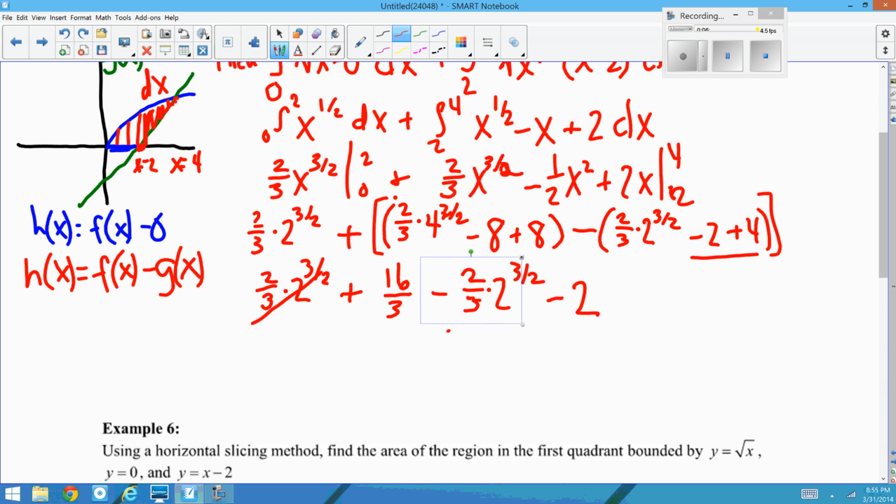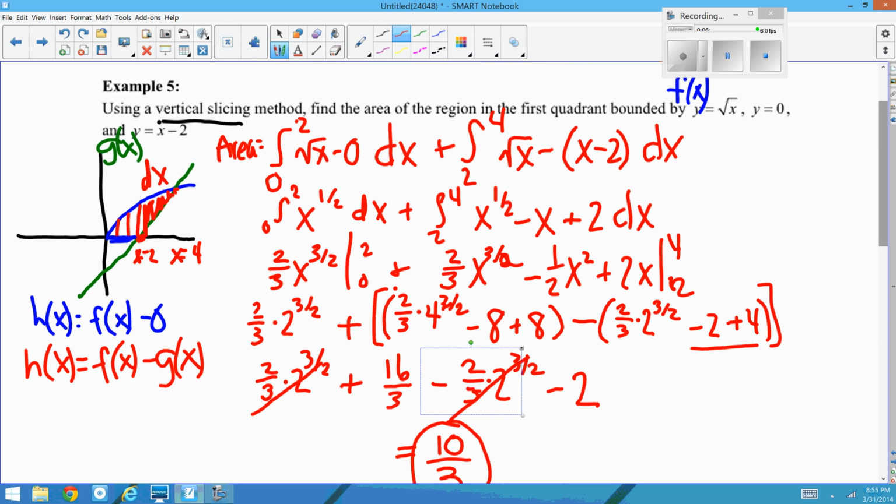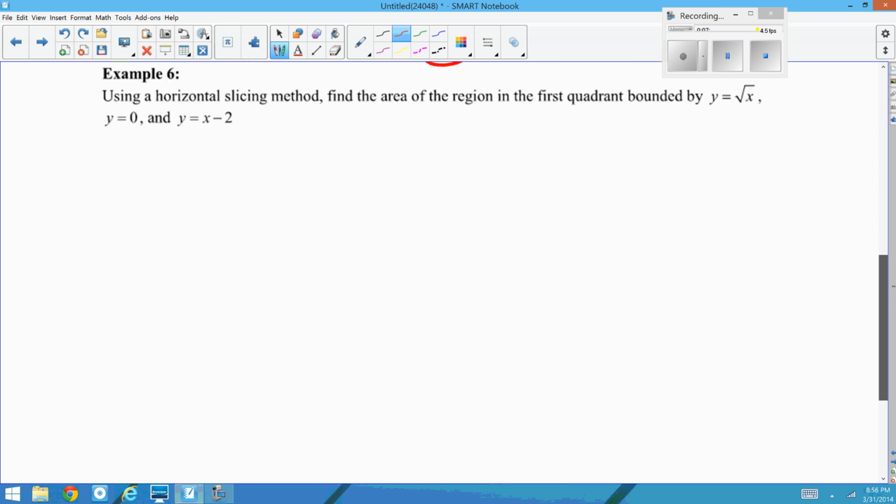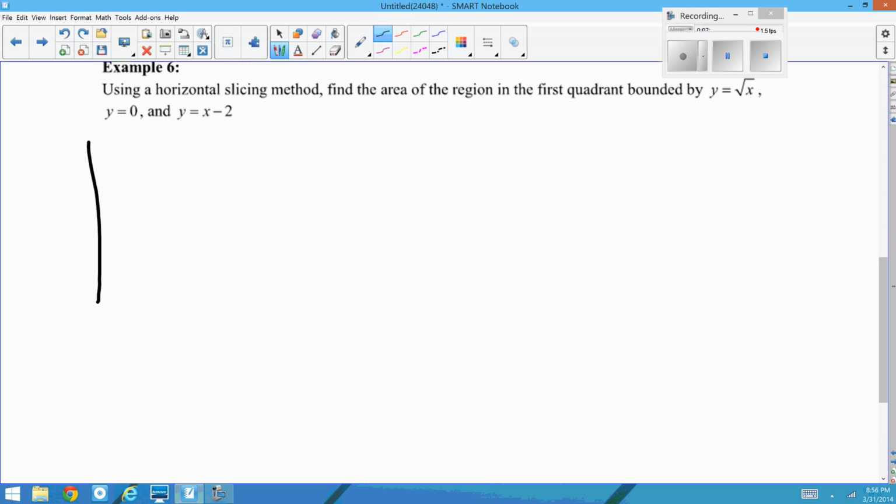These cancel out. 16/3 minus 2, or 6/3, gives us a final answer of 10/3. So that's quite a bit of work. We had 2 different integrals, because we had different heights from 0 to 2, and then from 2 to 4. So now here's going to be the changing factor. It's the same graph, the same exact graph,